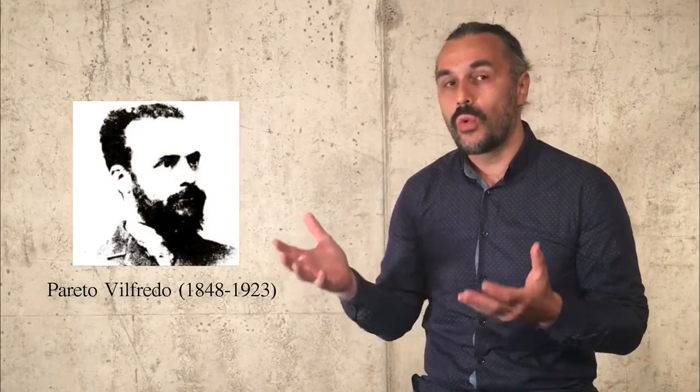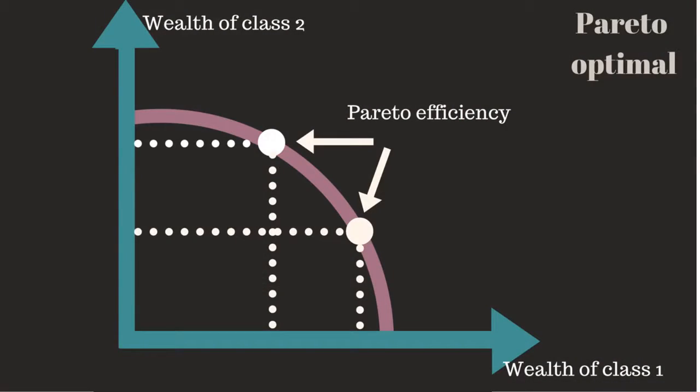Other links are to Pareto optimum. I found that this concept of Pareto optimum is exactly a formulation of a status of a system in which, if you try to improve one part of the system, another part worsens. In other words, Pareto studied the wealth of a society, and he introduced a kind of concept. He believed that the economic society is in a kind of balance, or a kind of optimum, when you try to improve the wealth of one class of people, then the wealth of another class of people worsens.